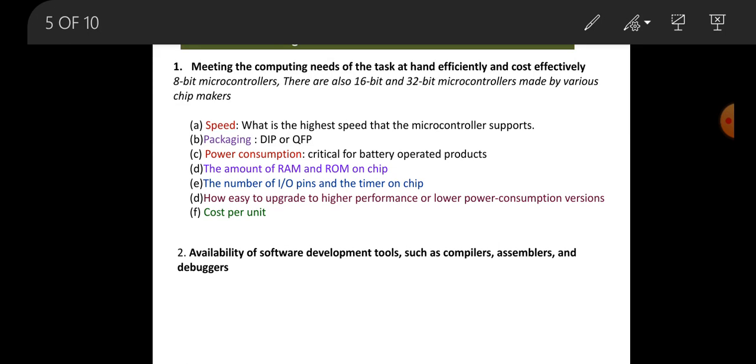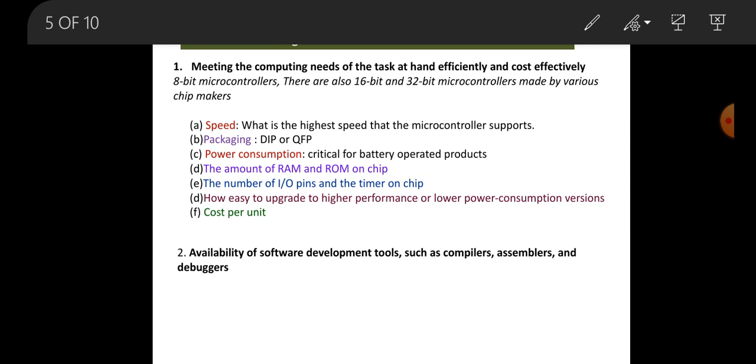Okay, so each of your microcontrollers has its own instruction set as well as its own register set. Each of the commercial microcontrollers which are available, like the 6811 or 8051 or Z8 or 16X, are not compatible with each other, meaning the programs written for one cannot be run on the others. That is one factor. Plus, there are also different types of microcontrollers available from different chip makers.